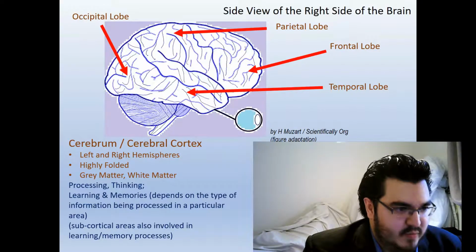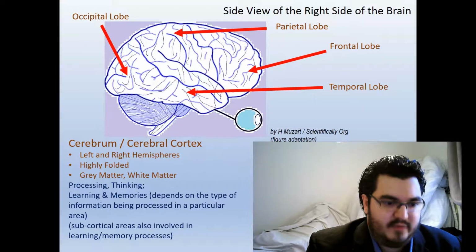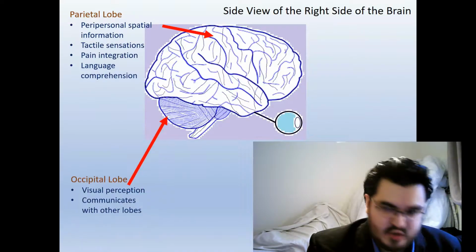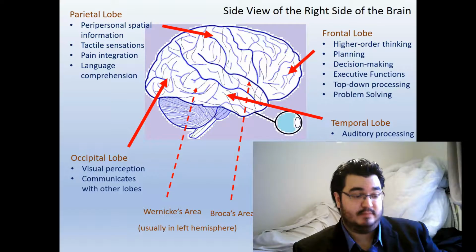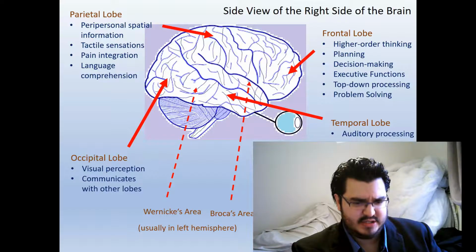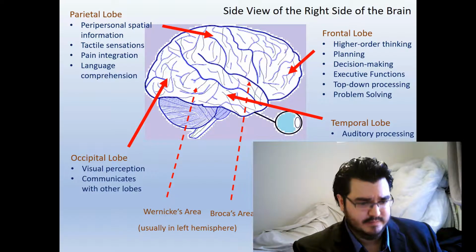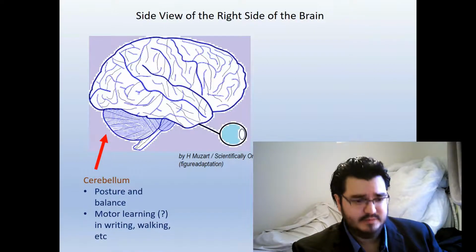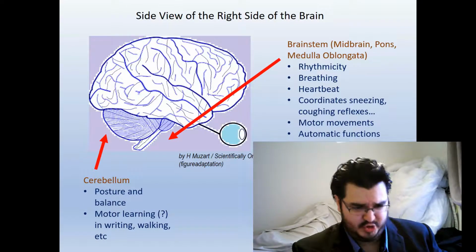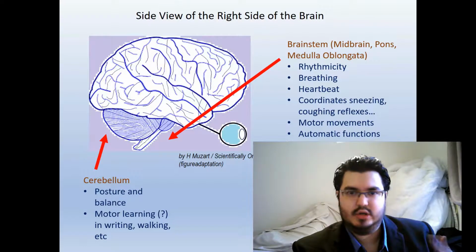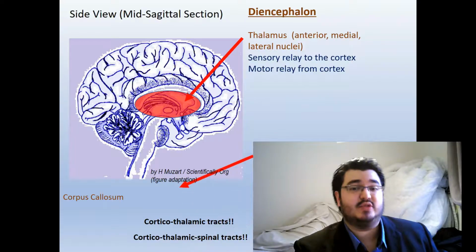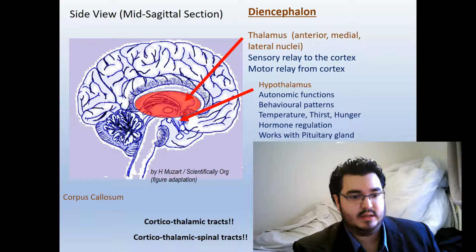So here we have the cerebrum, parietal lobe, frontal lobe, temporal lobe, occipital lobe, visual perception. Please download the PowerPoint, and then you can print that out, put it on your wall or something. I don't know, but you should know all these areas and what they're involved in. You should know the cerebellum, the brainstem, cerebellum, posture, motor learning, brainstem, breathing, reflexes, control. The thalamus, which is a sensory relay, the cortex, and there are the cortico-thalamic tracts, which you have to know about,